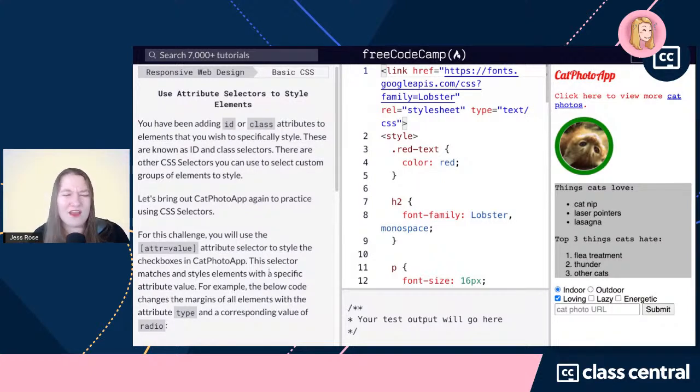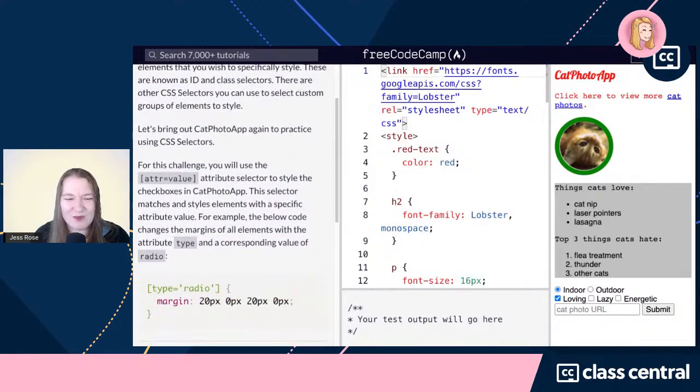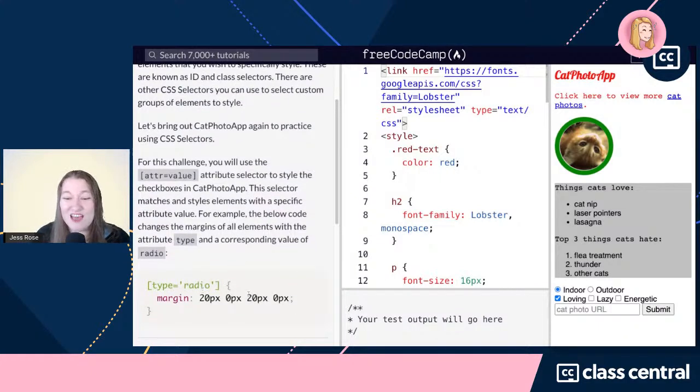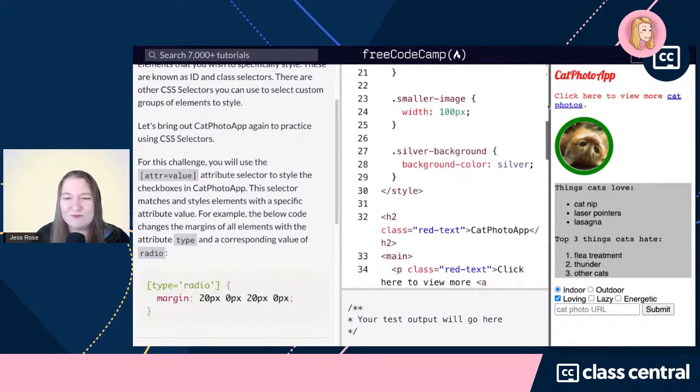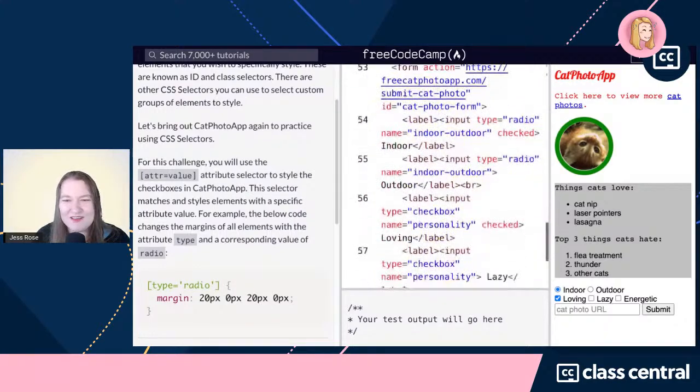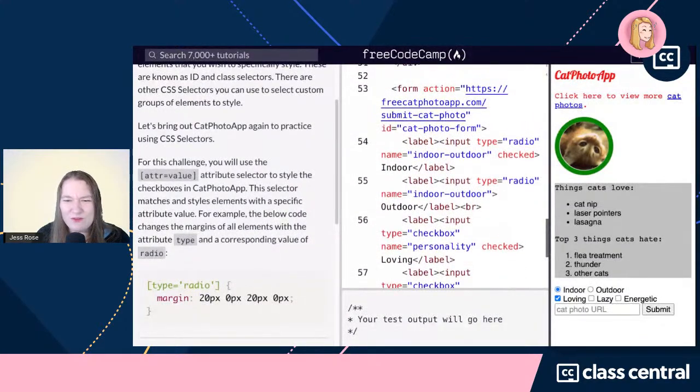For example, and I love it when you say for example, because that means we're just going to copy and paste this. For example, the below code changes the margins of all elements with the attribute type and a corresponding value of radio. So this means this should change anything where the type, and let's find that type. I'm going to come all the way to the bottom. It's going to be dizzying. Because we've got some things that have the attribute, and here's the attribute here. The attribute is type, is set to radio. So if we added all of these,